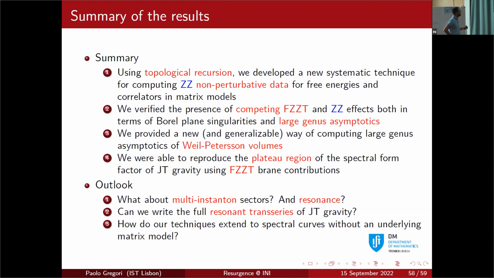We checked and verified that there is a competition between FZZT effects and ZZ brane effects in the Borel plane, and this translates to a competition in the large genus asymptotics of the objects we are considering. I didn't show you explicitly, but this indirectly gives us a way of writing down very precise large genus asymptotics for Weil-Petersson volumes in a very easy way. And also by some addition of FZZT brane contributions, we were able to reproduce the plateau region of the spectral form factor in quite